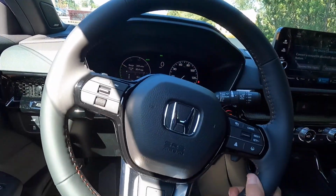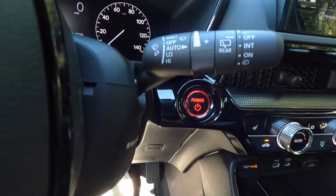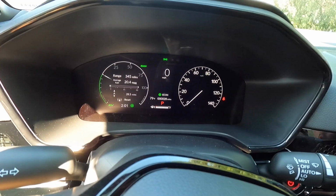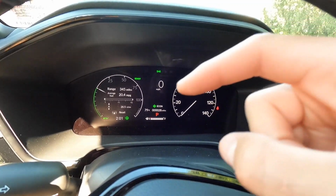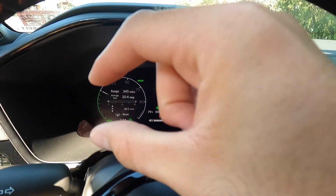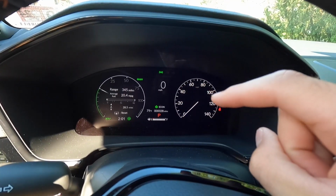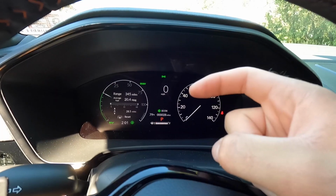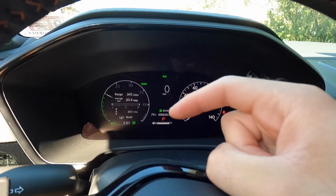But moving on from there, you've got your push button start button down there, and then moving into this is your gauge cluster. It's a partially digital gauge cluster. From here on over is digital, but then you get an analog speedometer over there. Basically, walking you through this gauge cluster, you have your digital speedometer readout there that lets you know